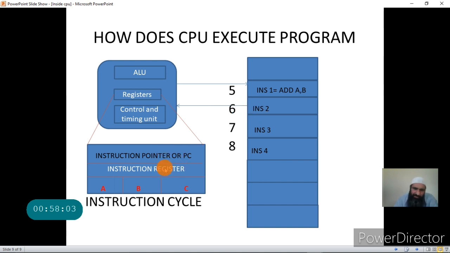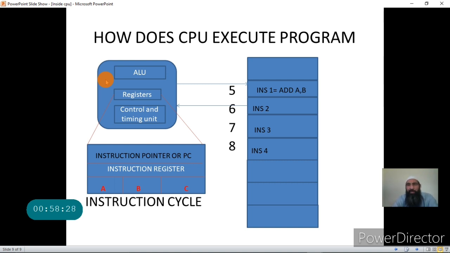That means you fetch the instruction, decode the instruction, understand the instruction, execute the instruction, and then go for the next instruction. Again increment the previous address by 1 and get the next instruction from that address, and so on and so forth till all the instructions have been executed by the CPU. Once the CPU executes all the instructions, the program is said to be executed.